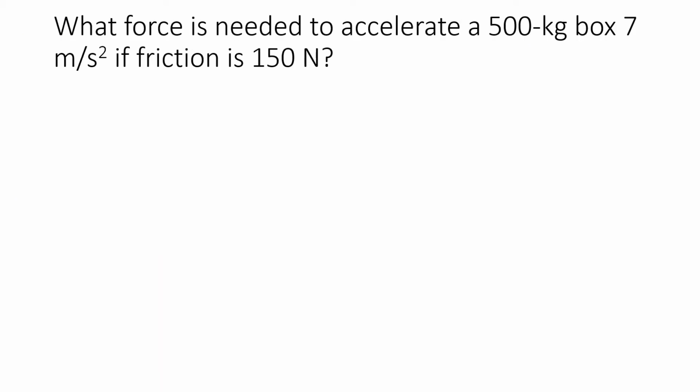What force is needed to accelerate a 50-kilogram box 7 meters per second squared if friction is 150 newtons? So let's draw this picture. First, free body diagram. We know there's a force of gravity. If there is friction, that means it's on some sort of surface. We're going to assume that the surface is horizontal. So that means if the surface is horizontal, the normal force, the supporting force,